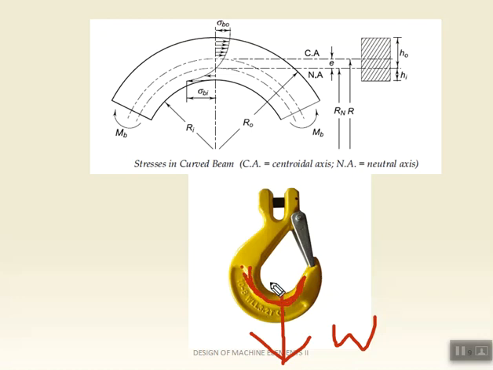See, here we are going to get two different types of stresses. This is compressive stress and this is tensile stress. So a combination of stresses may act on the curvature of the beam. See how the stress is changing across the curvature, from the outermost stress to the innermost stress. So in this unit we are going to learn the design of a curved beam, right? That is about this unit.